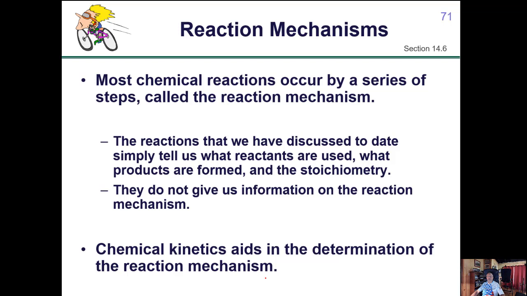But you can never actually prove a reaction mechanism, because you can't actually get down there on the atomic molecular level and watch which molecule is reacting with another molecule and exactly what the steps are. But you can get a very good indication of what a mechanism is, and chemical kinetics gives us a tool